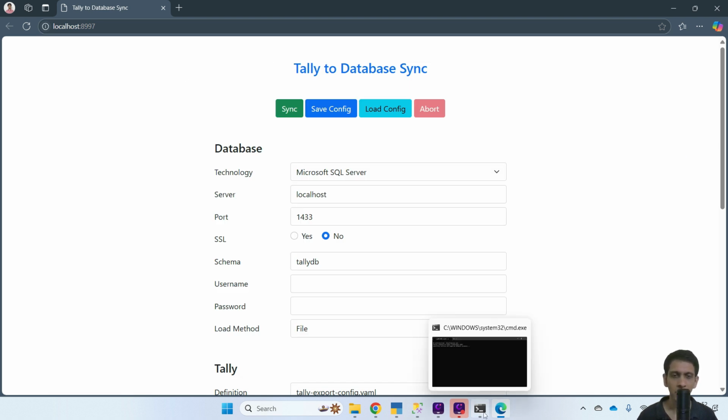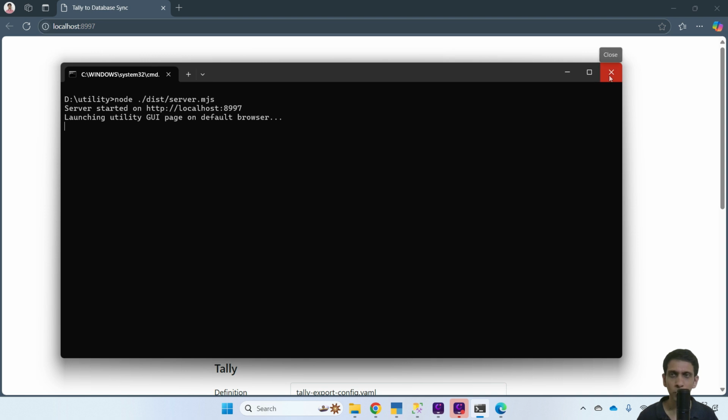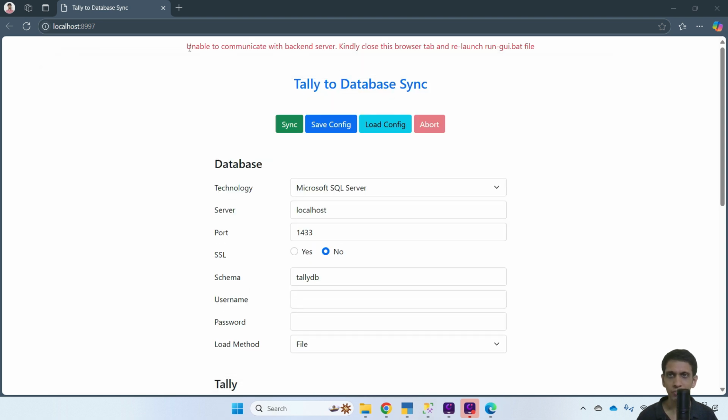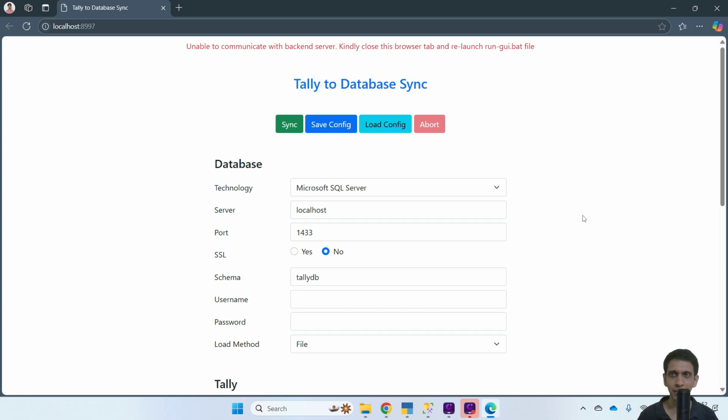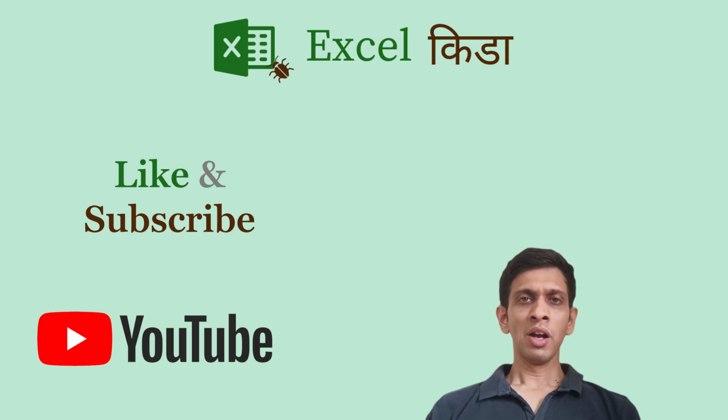Ensure you don't close this when you are using this. If you mistakenly close this black command prompt window, this browser window will immediately get disconnected from the utility. Lastly, I will say going forward, you can always prefer using this graphical version of this utility,